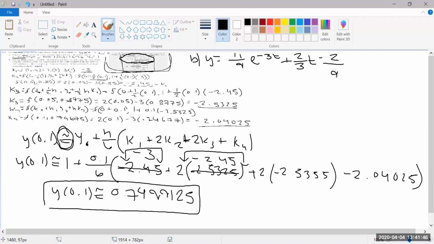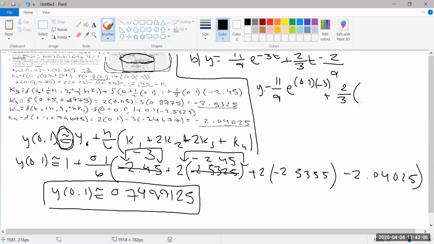Okay, and all you're going to do with this part is you're going to plug in our 0.1, which was given in the first part. So we have y equals 11/9 e to the 0.1 times -3 plus 2/3 times 0.1 minus 2/9, and you should get there